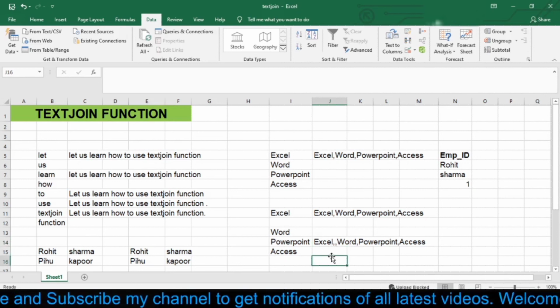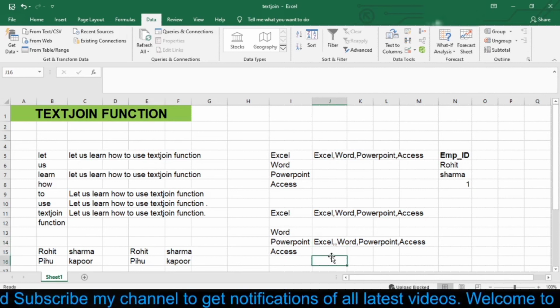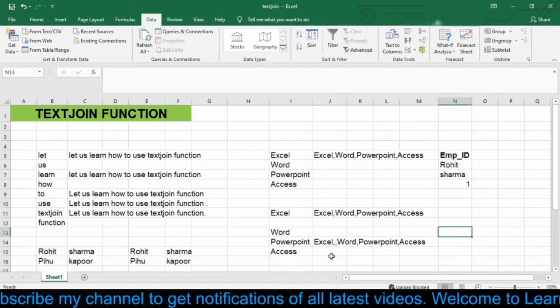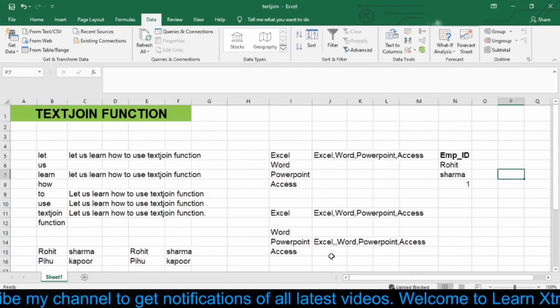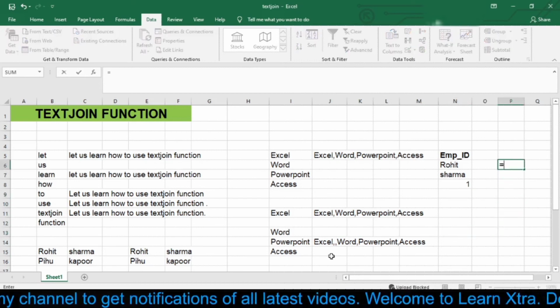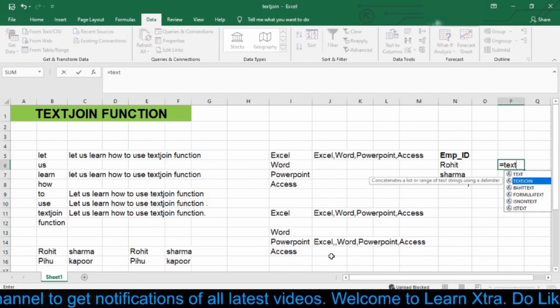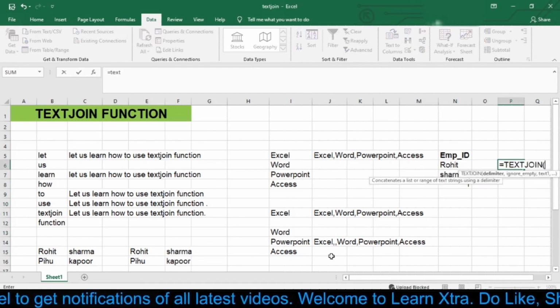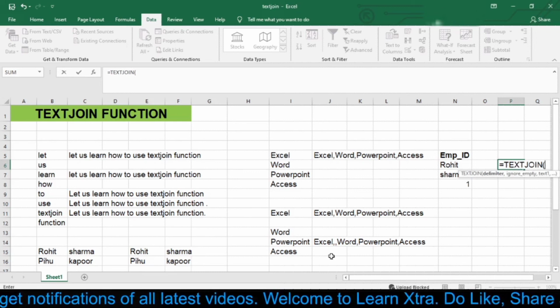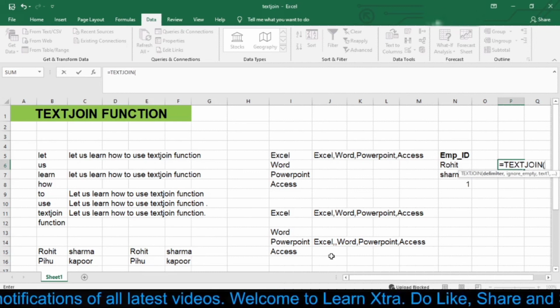Now let's move on to our next example. Here we have employee ID. So again use the TEXTJOIN formula, and in the delimiter here I want an underscore after my text.